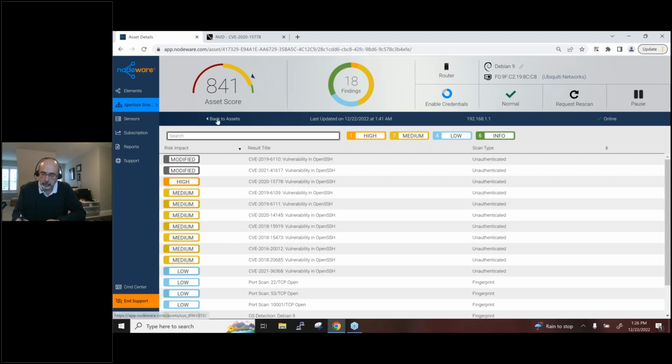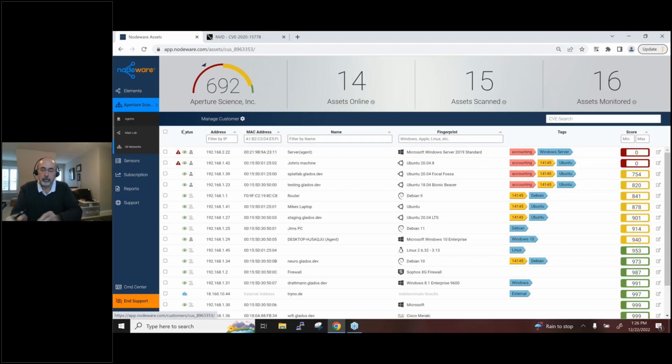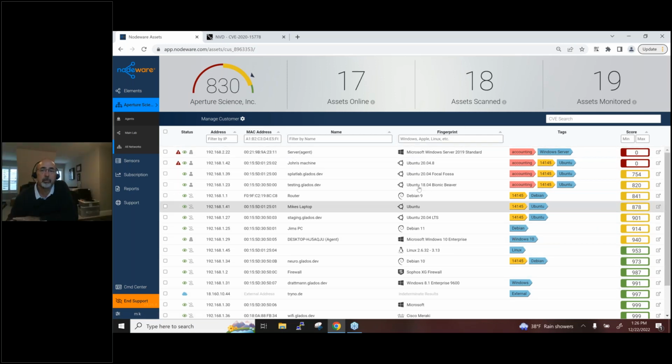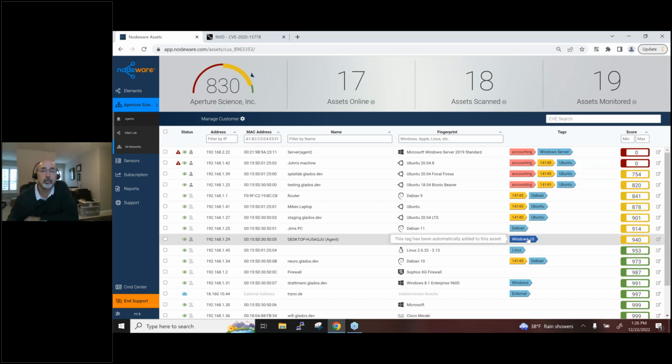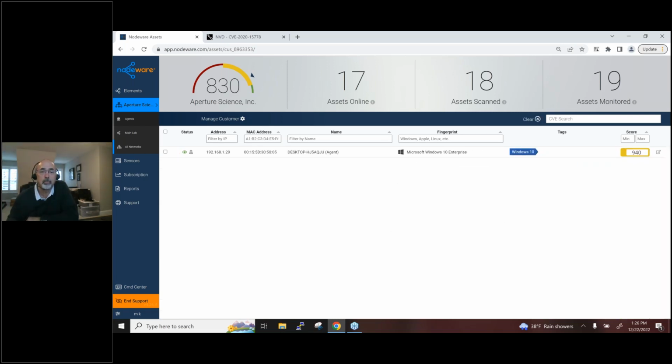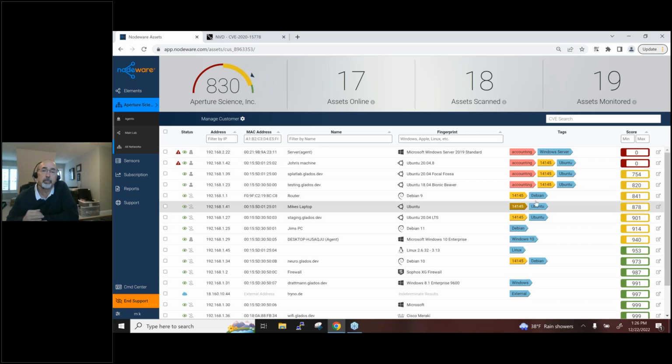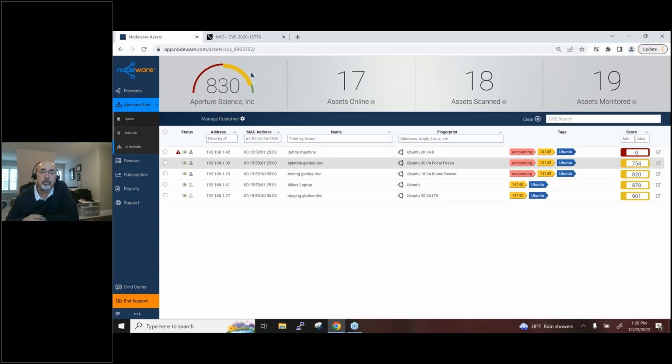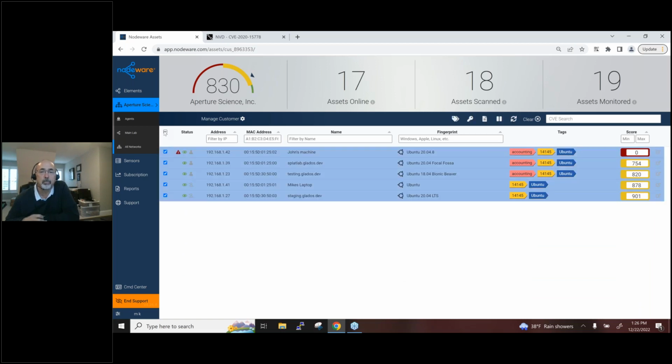So I did talk about tagging quick. I did create that tag. How does that work? So here are all some tags either auto-generated, so based off a fingerprint, we will add some default fingerprints like Windows 10. If I want to see all my Windows 10 machines, I just click that and it filters that list very quickly. If I want to, again, Ubuntu, here's all my Ubuntu devices. If I wanted to add additional tags to my Ubuntu machines, I would come over here and do the multi-select to select all. And now I have a multifaceted window up here where I can do some more tasks.